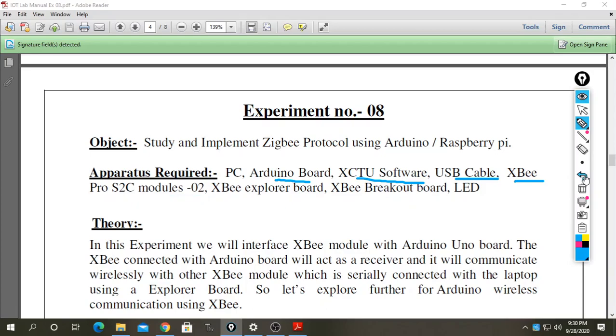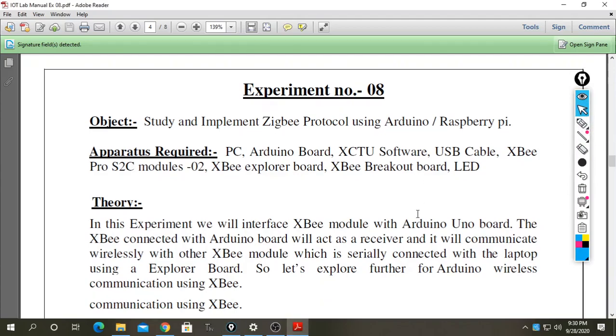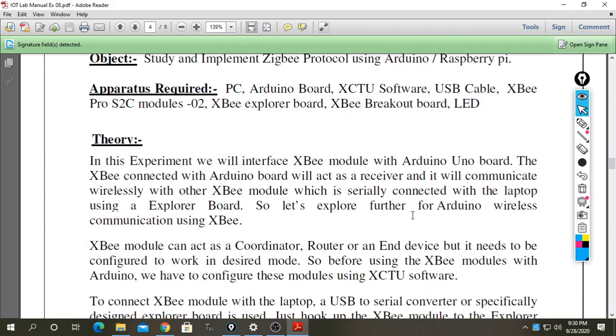Now I am going to do the theory. First, what is the XBee module board?